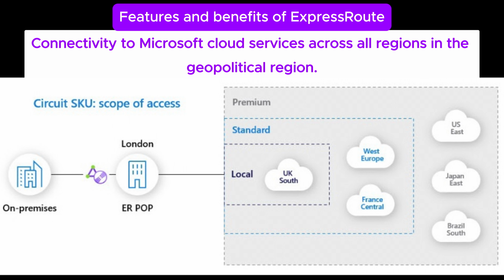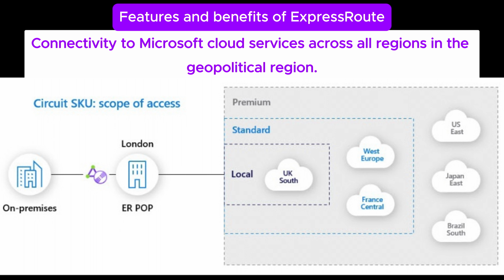It means if you want to connect to another region, and also beyond that geographical region, then what will you need? You will also use ExpressRoute. What you can connect to depends on the ExpressRoute SKU. Local allows you to connect to one or two local Azure regions. Standard allows you to connect to all Azure regions in the geographical region, and Premium allows you to connect to